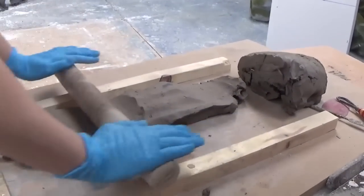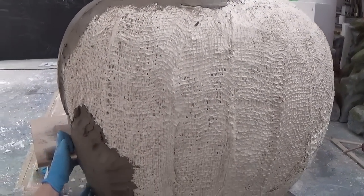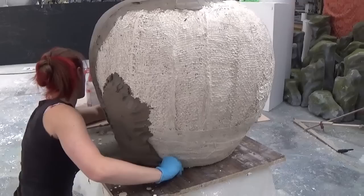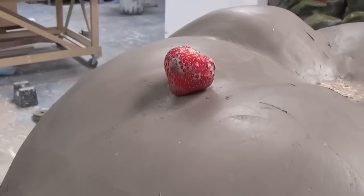An advantage of using clay is that it can be kept damp from day to day to work on a little more if needed, and unlike polystyrene where it's quite tricky to re-add a piece of material after you've taken it off, you can add and take away the clay to your heart's content until you get the form you're